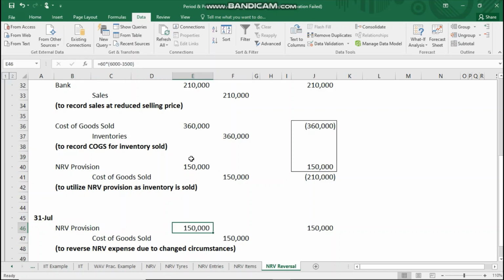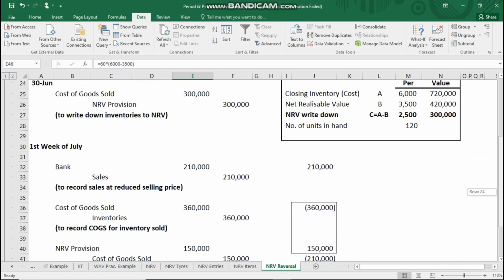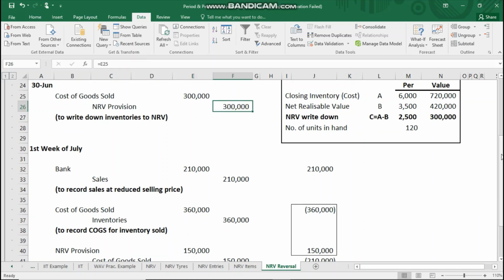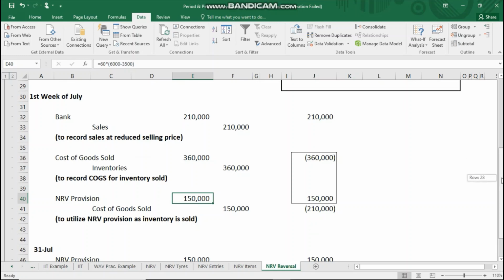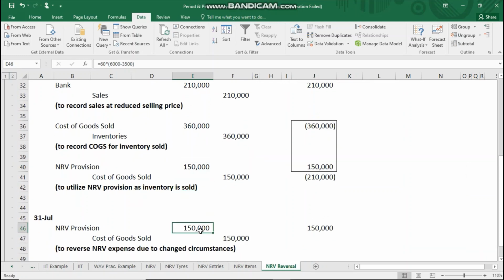और यही एनआरवी प्रोविजन अभी हमारी बुक्स में पड़ा हुआ है क्योंकि जो बाकी 60 टायर्स का था वो तो ऑलरेडी इन्वेंट्री सेल हो चुकी है तो हम पहले ही रिलीज कर चुके थे। ठीक है, तो अब अगर आप एनआरवी प्रोविजन का अकाउंट देखें तो पहले एनआरवी प्रोविजन का अकाउंट क्रेडिट हुआ 300,000 से, फिर जब 60 टायर्स सेल हुए तो एनआरवी प्रोविजन 60 टायर्स का रिलीज कर दिया और ये डेबिट हो गया 150,000। और फिर जब हमने रिवर्सल किया, जब ये गवर्नमेंट ने दोबारा इंपोर्ट को बैन कर दिया, तो जो रिमेनिंग इन्वेंट्री हमारे पास थी उसका जो प्रोविजन हमारे पास था उसको हमने डेबिट कर दिया। तो अब हमारे पास एनआरवी प्रोविजन बुक्स में से खत्म हो गया।